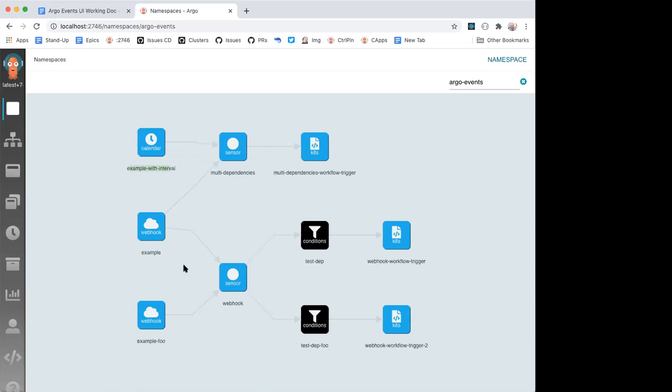I can apply them if you're interested in the iconography, but I've chosen a smaller set here because I think this shows some of the more complicated relationships. And then this top one shows you this multi-dependency sensor, which Daniel, you mentioned earlier, and it shows you the two event sources that go into that. And then the final item here is the Kubernetes trigger. So this has a single trigger.